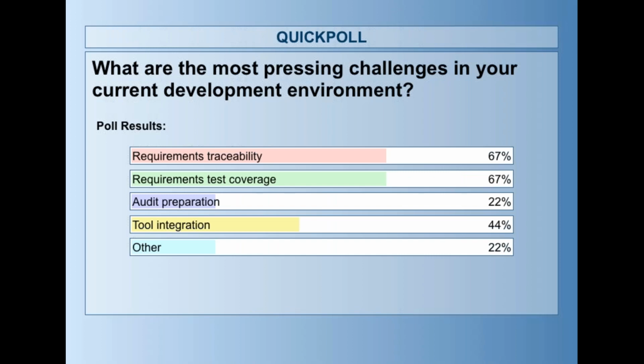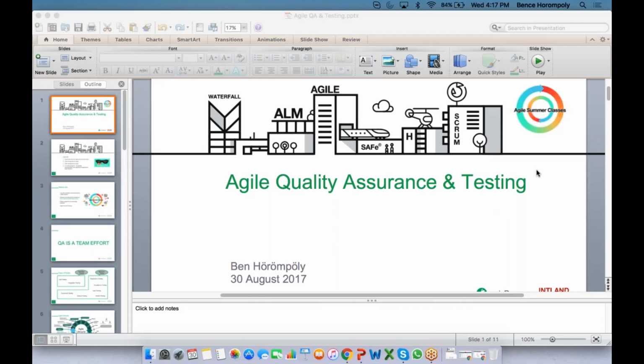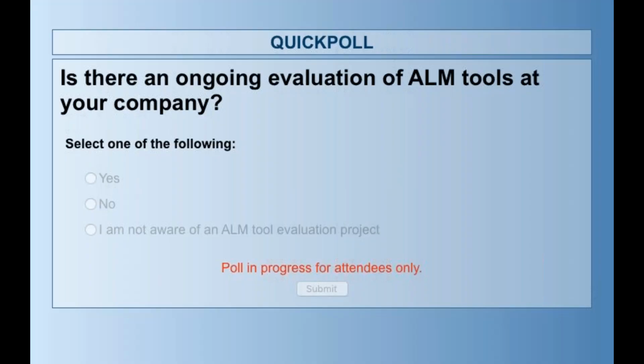Okay, thanks. And one more. Sorry, last one. Thanks for bearing with me. Is there an ongoing evaluation of ALM tools at your company? Do you know?